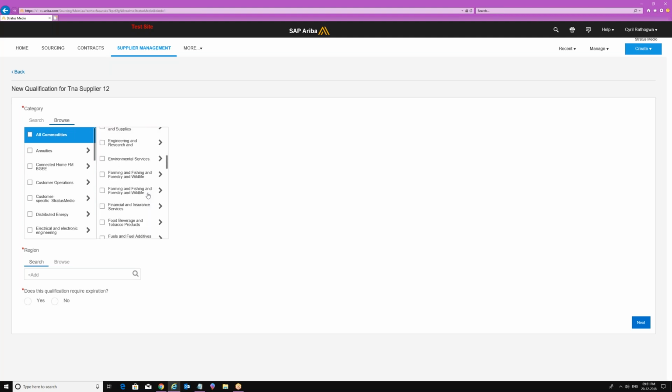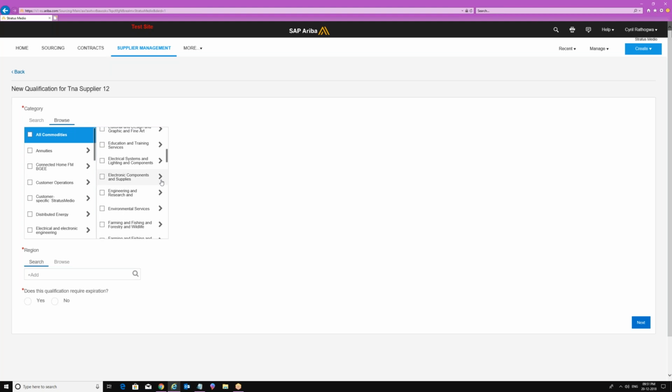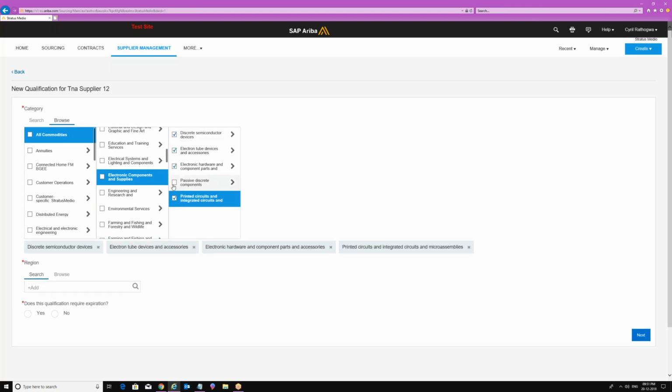Electronic components and supplies. Okay, I will select multiple commodities over here. So I have selected these 5 commodities or categories.